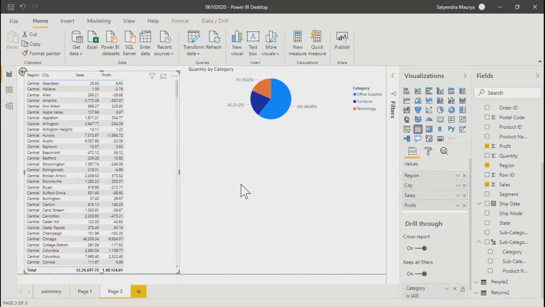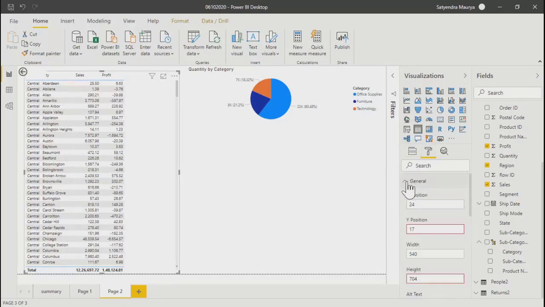Okay. So I was just going through these other options. In general, we saw the colors. Earlier there was the color of font, I think we selected field formatting at that time. In general, it's the position where you want to put this control. X and Y, basically these are the coordinates.